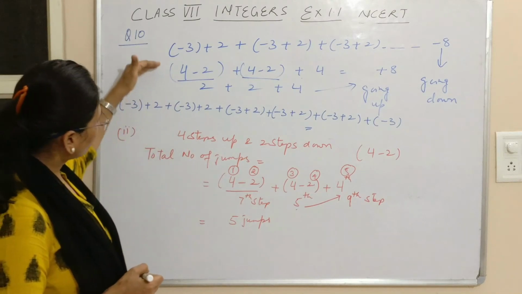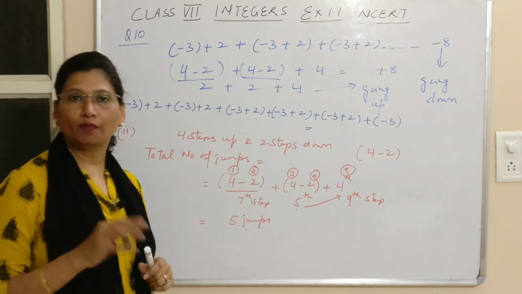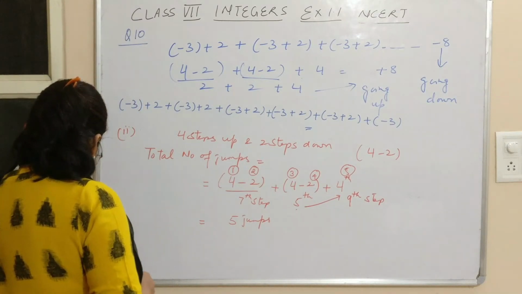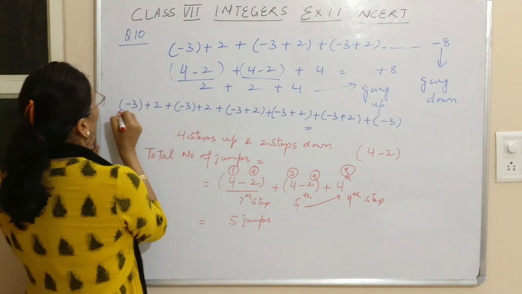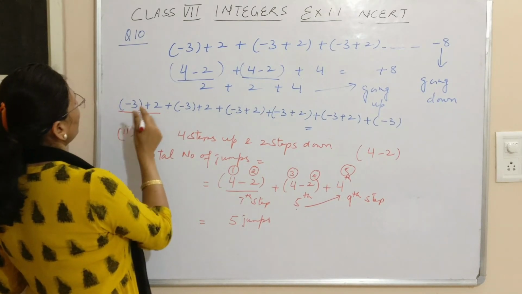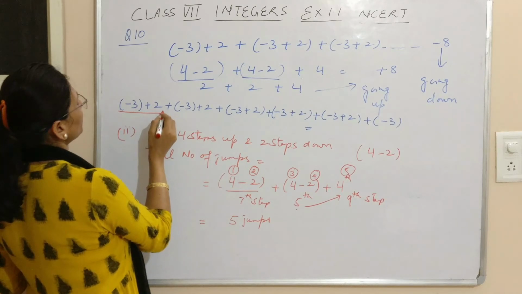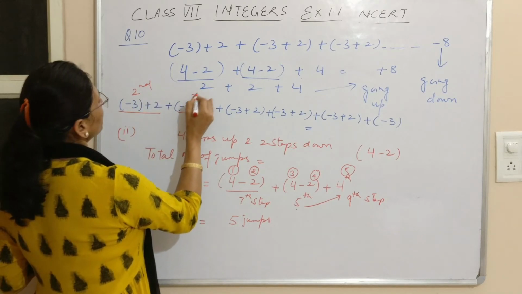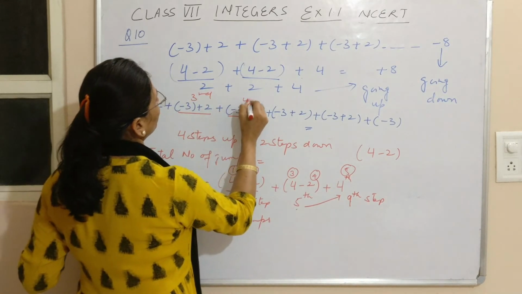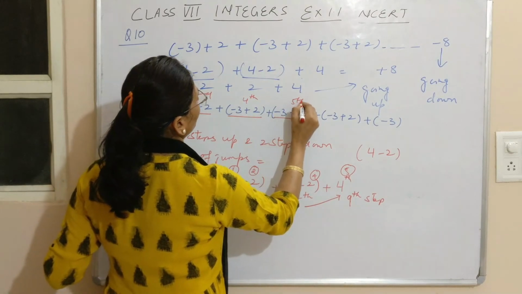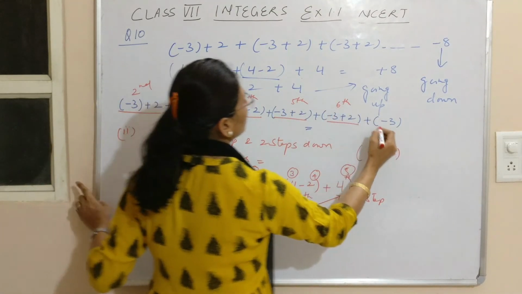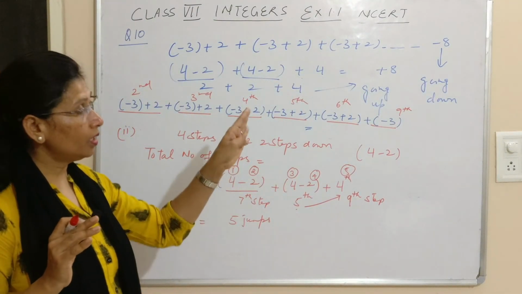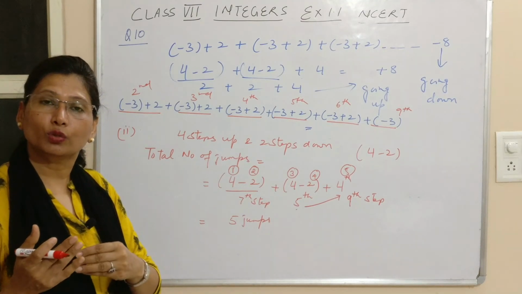I can show you how this minus 8 comes, because we have not gone into detail in the first part when we were solving. Just try to understand. He was sitting on the first step, he goes down 3 steps, comes back 2 steps. Now he has come to the second step, the third step, the fourth step, the fifth step, the sixth step, and the ninth step. We are not interested in this. How many steps has he covered? He has covered 8 steps.